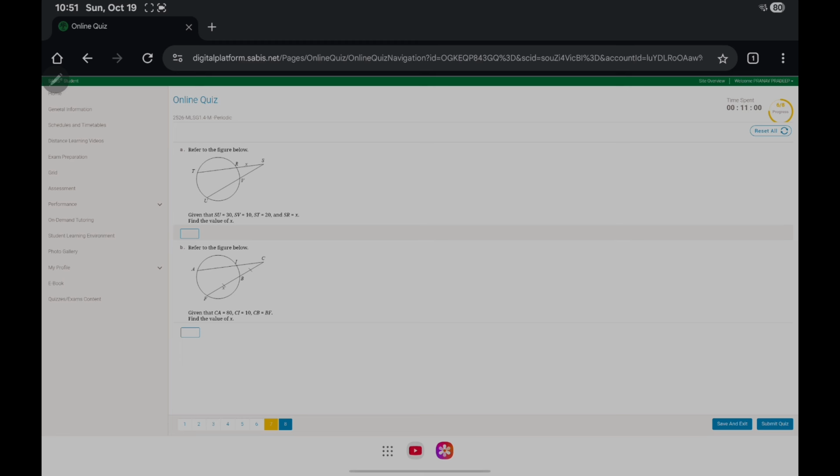Okay, now second last question. Here what we have to do is just write down the values. So the whole of SU is 30, and SV is 10. So we know that if you multiply 10 times 30 will give you 300. Alright, and the whole of ST